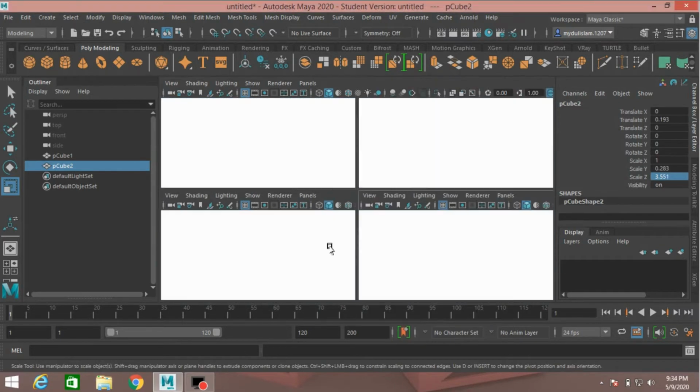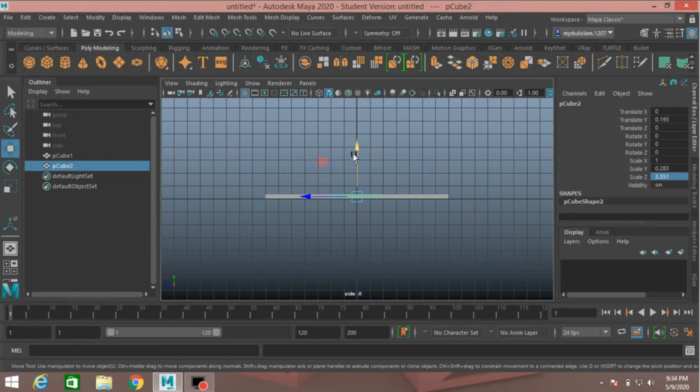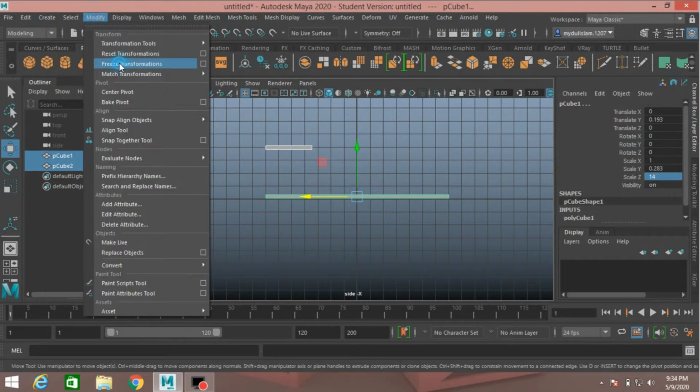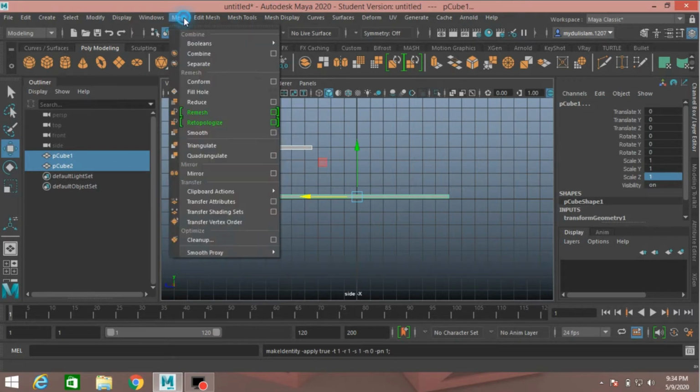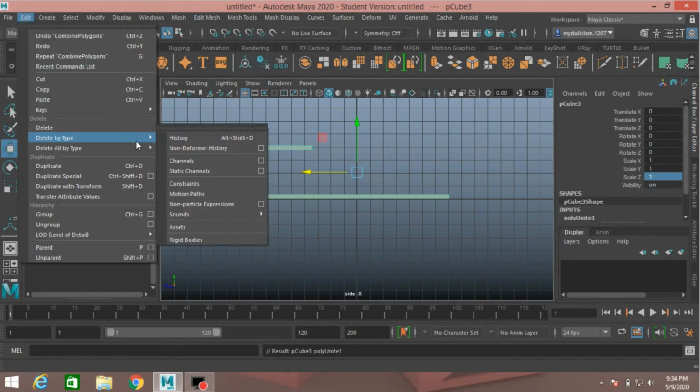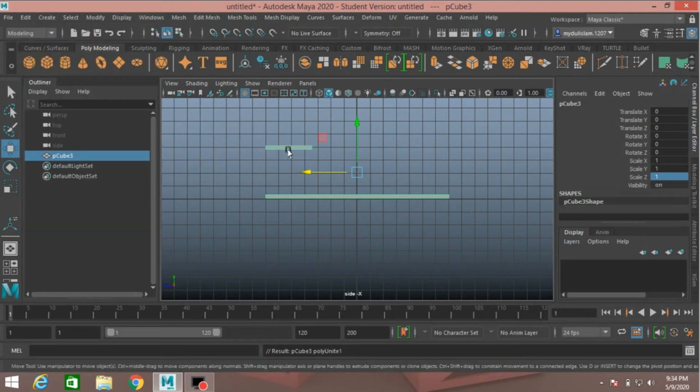Now go to side view, move it up just like here and move it here. Select these two objects, go to modify freeze transformation, go to mesh, click combine, edit, delete by type, delete history.